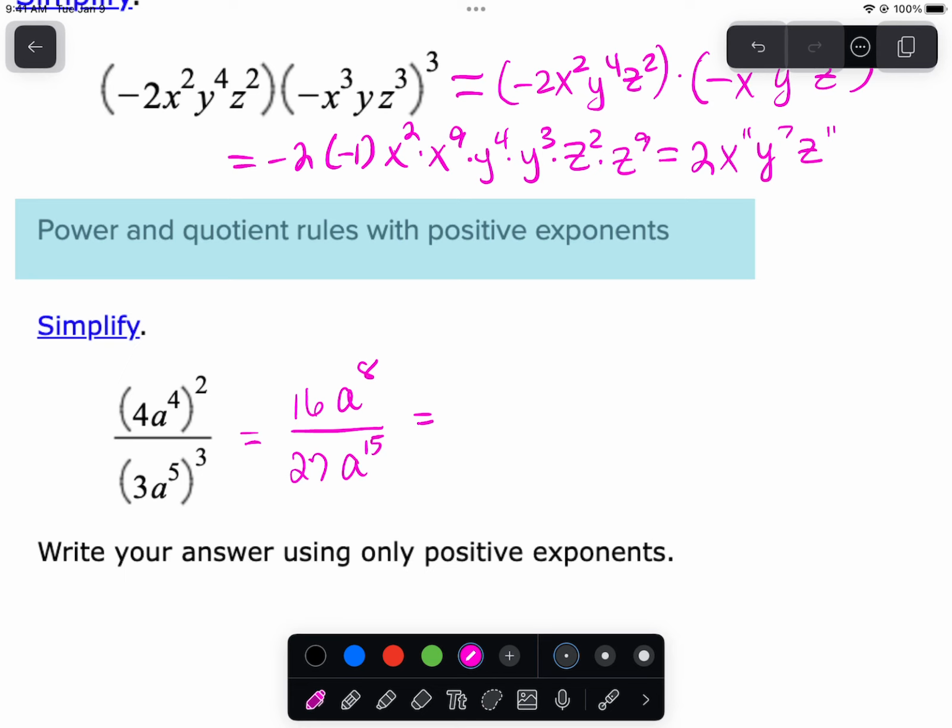27 is multiples of 3. Those things aren't going to reduce or cancel, okay? But the A's, we can deal with that. Now remember how that one